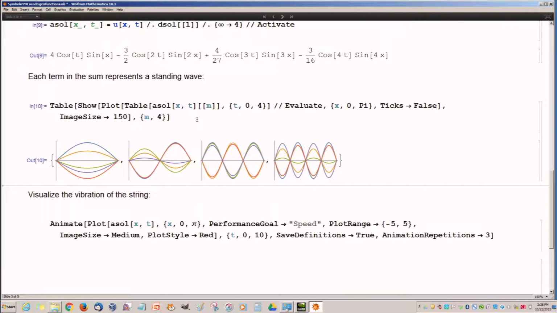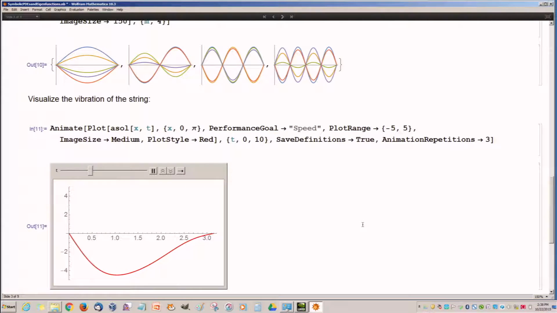And it's a miracle of Fourier analysis that you can put all these together, and when you actually run the animation over here, then the string vibrates smoothly based on the sum of all those eigenmodes. So this is something that's kind of automated now, very easy to do. You can do it for a string, you can do it for a drum, it's all documented, and I hope that people will find it useful. So that's about the wave equation, and now we move on to the second example for today, which is the